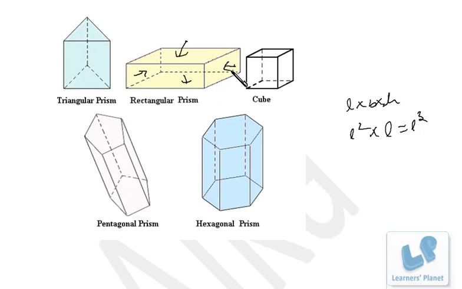Then the last one, this height into breadth. Once again two surfaces will be like this. So two surfaces length into height, two surfaces breadth into height, and two surfaces length into breadth,